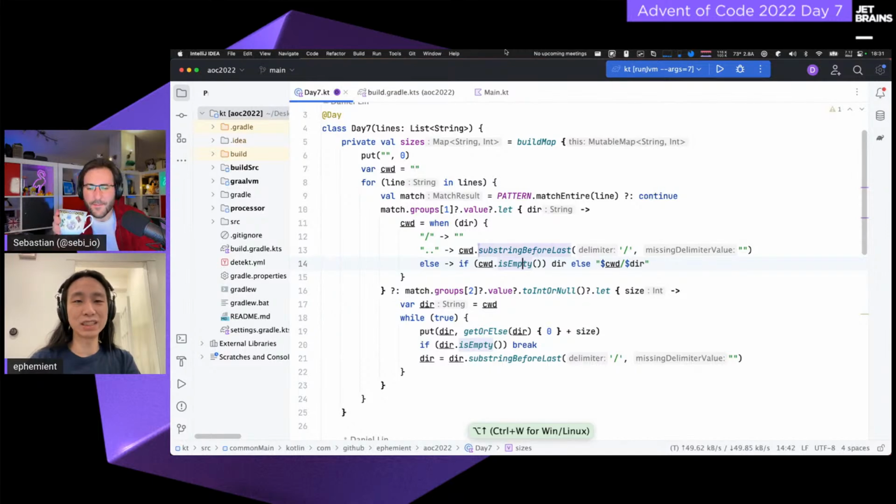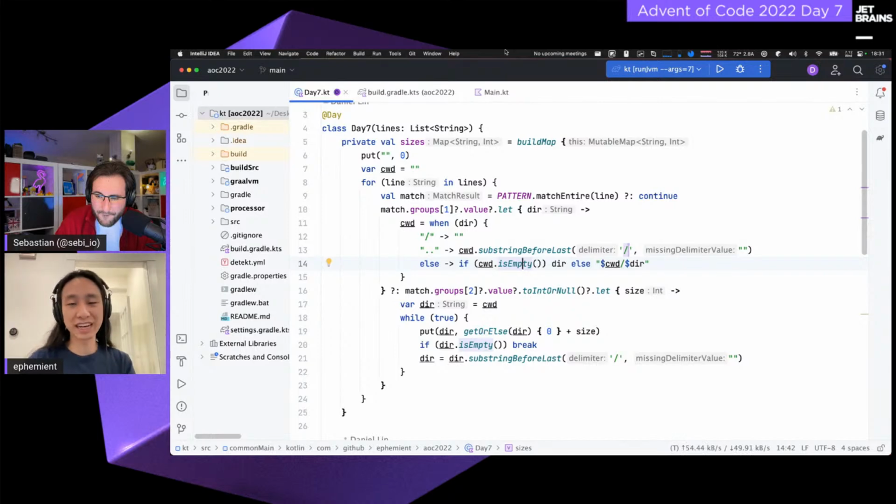It just simplifies the case above it, though, because, for example, if I'm in a directory called A and I remove everything after the slash, well, there is no slash in the representation of A. But if it's missing a slash, there's a missing delimiter value argument you can pass here, which says, well, if there was no slash, then go to an empty string. Oh, so. I didn't even know that we had this missing delimiter. I'm learning something new. That's really cool.